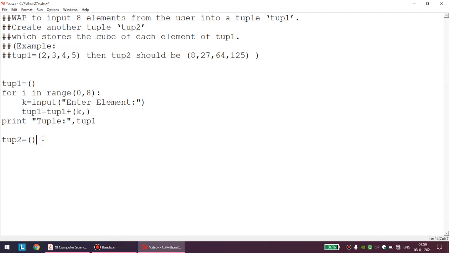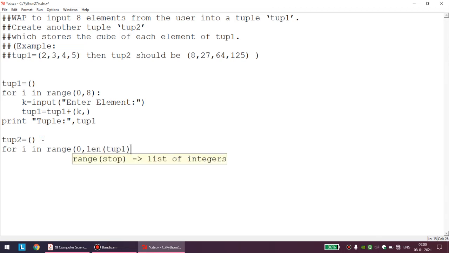So first of all, I need to have access to each element of TUP1. Okay, I hope you are getting my point. So how will I do it? For i in range 0, length of TUP1, and this is nothing new. This same thing we have been doing for a long time.